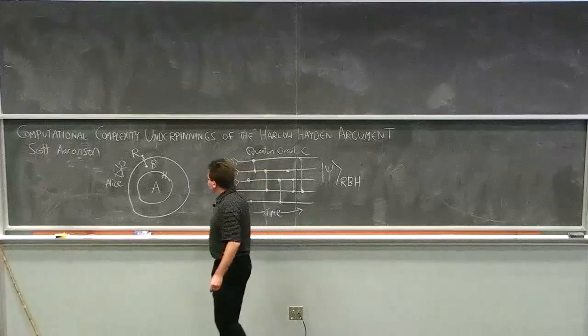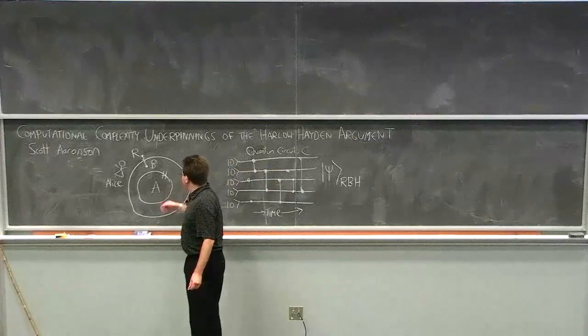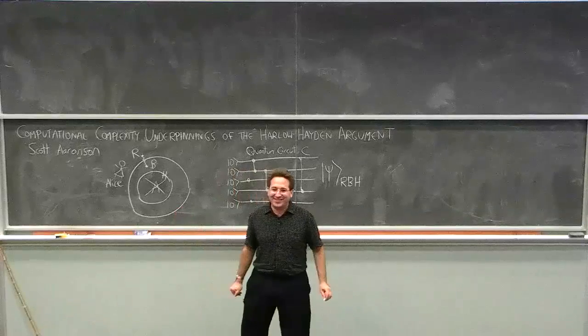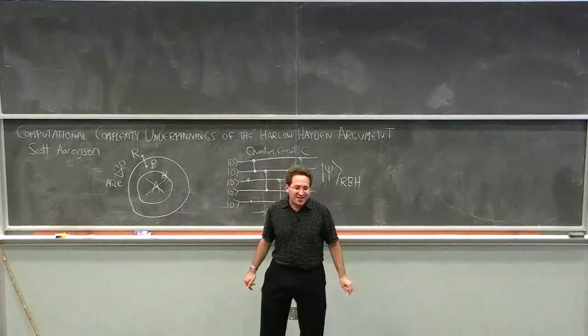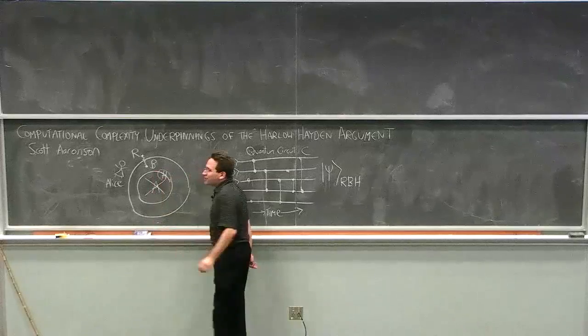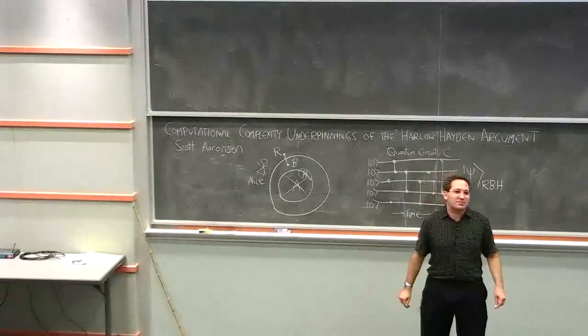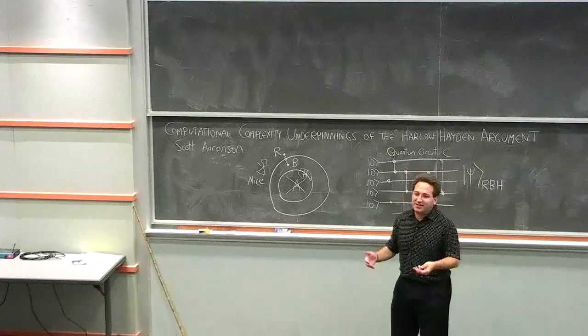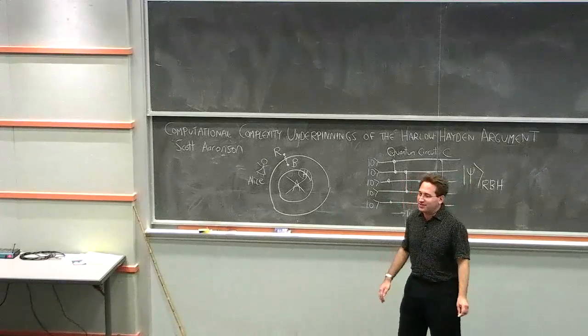So what are the... And as I said before, I don't care about A, if it exists, if it doesn't. And even H, which is the horizon modes, is only going to be of interest to me as something that decoheres R and B. So Alice doesn't have direct access to it.